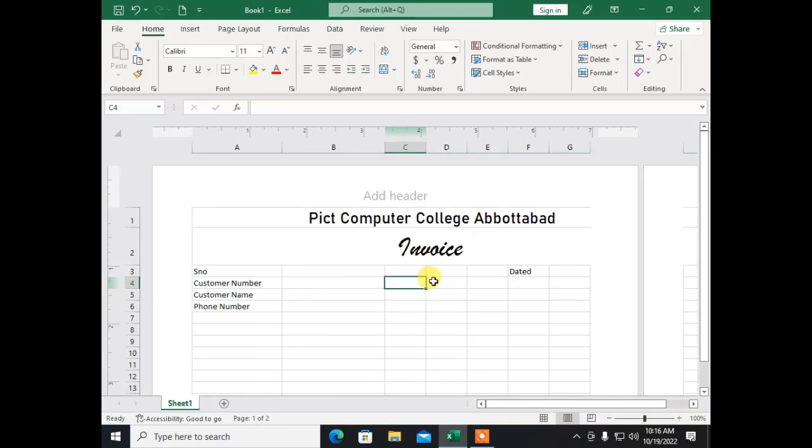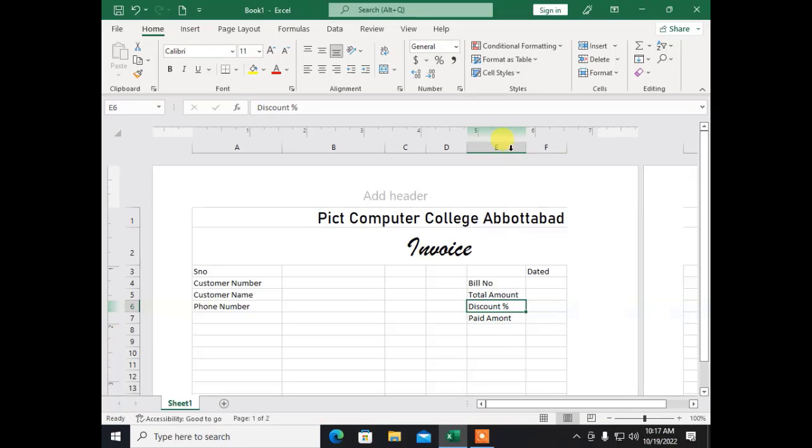I'll create few columns like bill number, total amount, discount, percentage, and paid amount. These are enough for here. Now